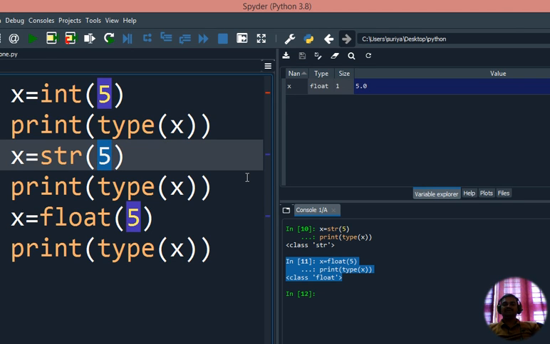I hope you understand variable declarations in this lecture, viewers. In this regard, I plan to give some exercise. Declare an integer variable, floating point variable and string variable, and display those three variables as output. Then declare an integer variable, floating point variable and string variable using the typecasting method, and display those three as output.